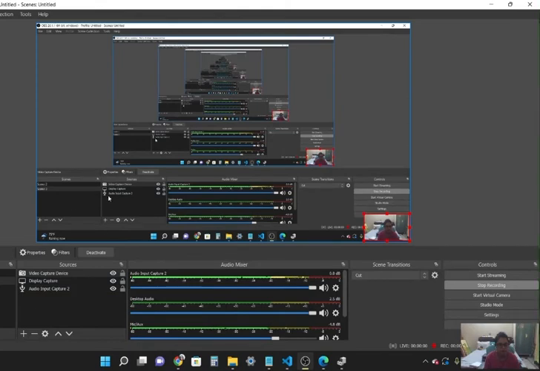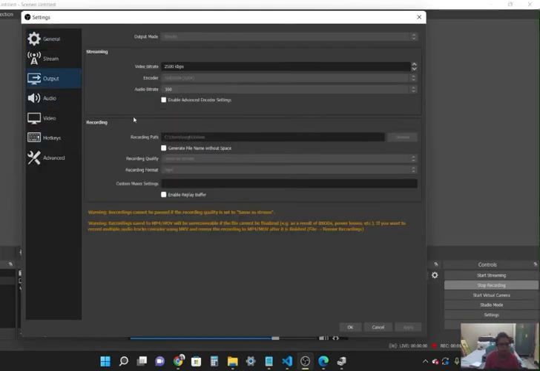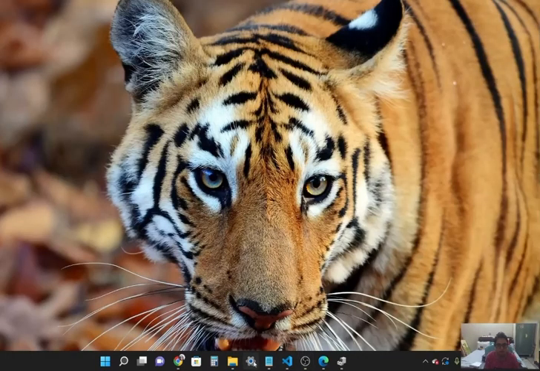After that I was getting one more error, that your video driver is not installed correctly. So for that what I did, I just went to settings, and in the output I selected this encoder software. It should be software, not hardware. It solves your problem. So now I'm able to record my screen. As you can see, I can go